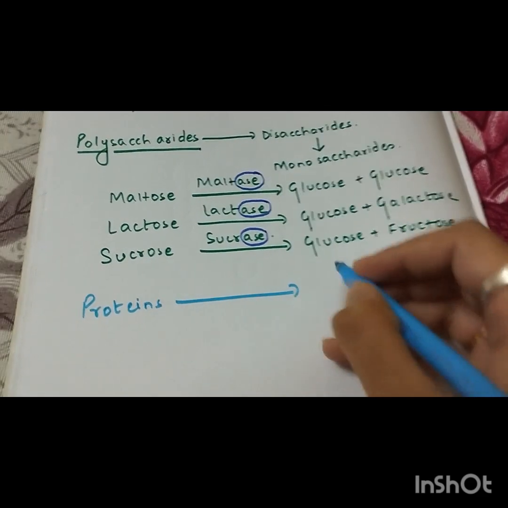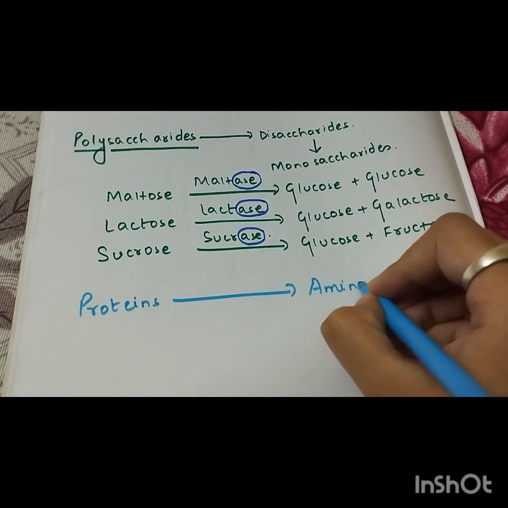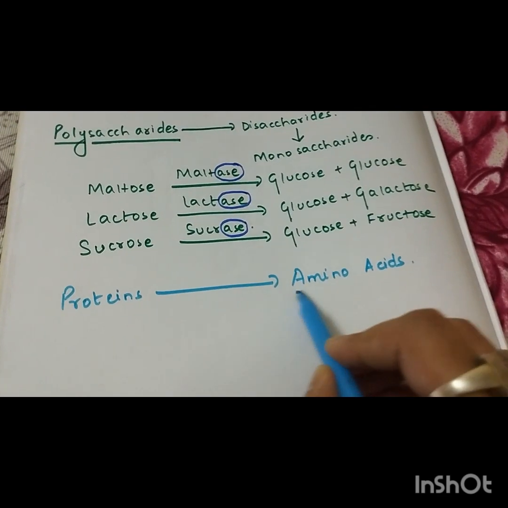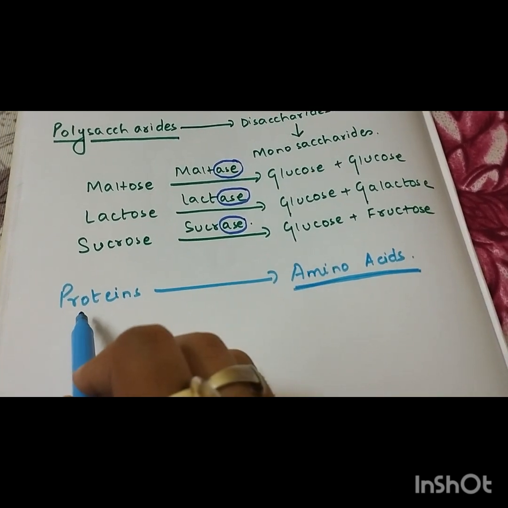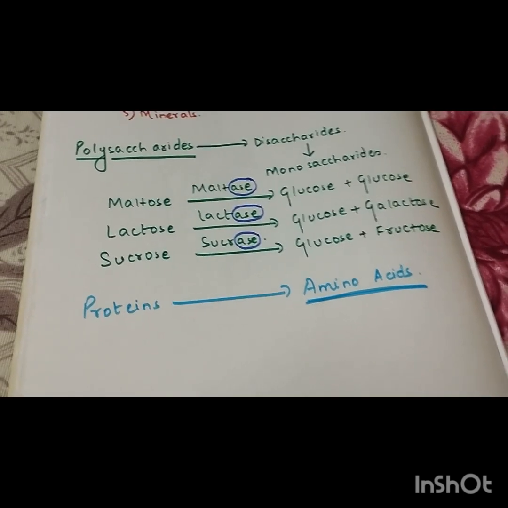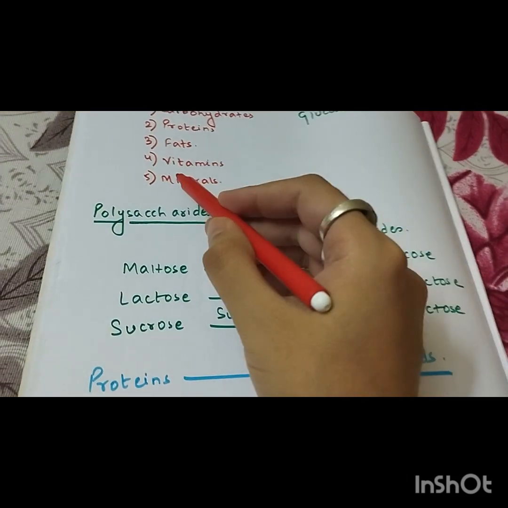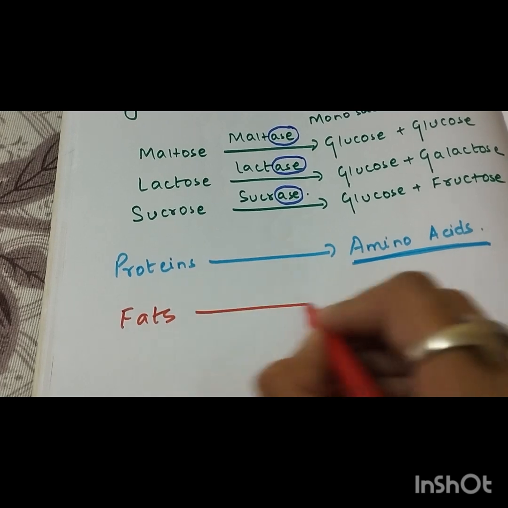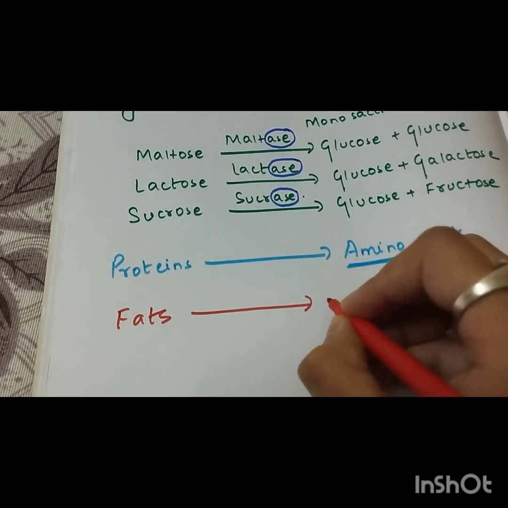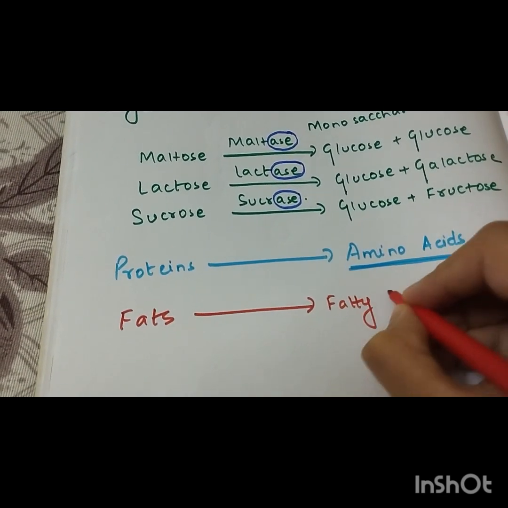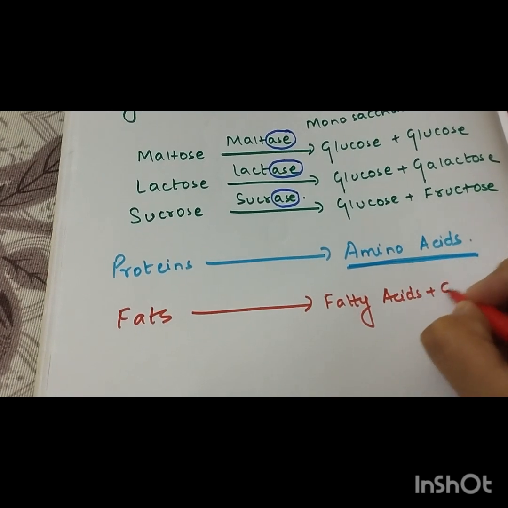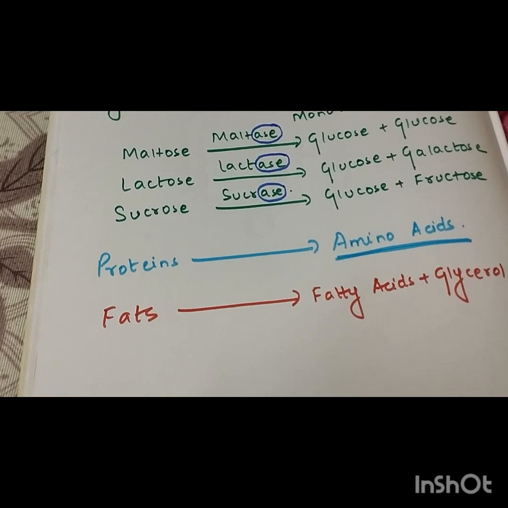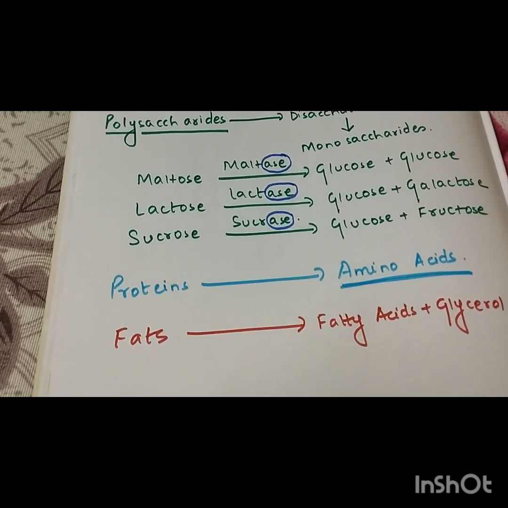Proteins are being broken down into amino acids, because amino acids are the building blocks of proteins. Now next we have fats. So fats are being broken down into fatty acids plus glycerol. Now the problem arises, where are these enzymes coming from